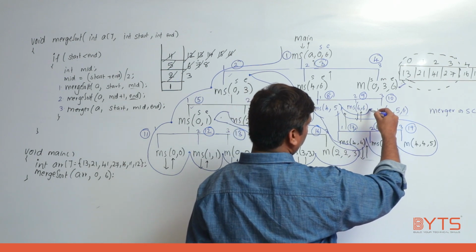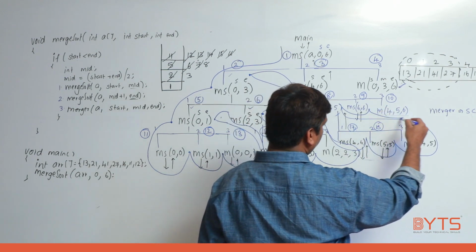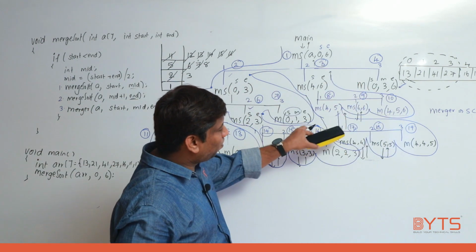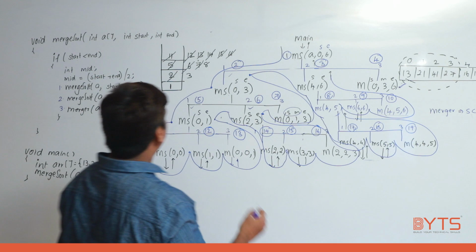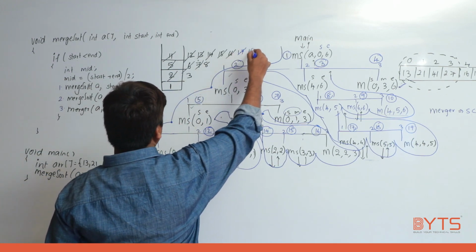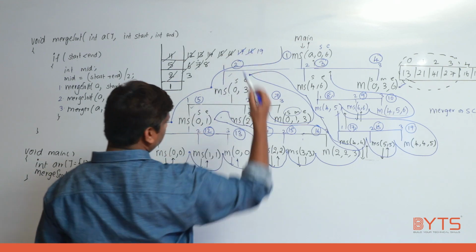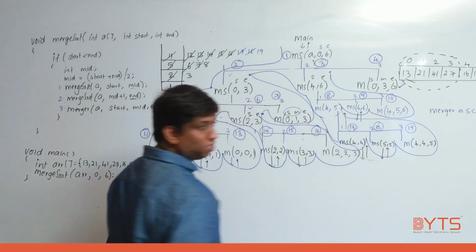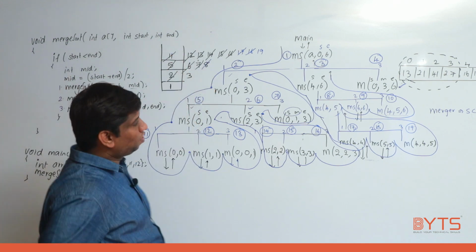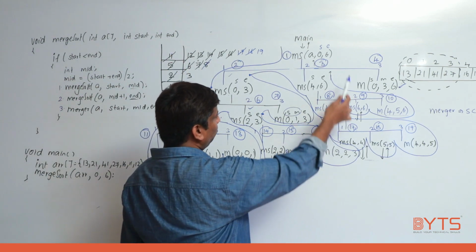So after that what will I do? Nothing to call. From here I will come here. So then only I will come here. Means 8th is calling 17, 18, 19. First it will call 17 function, completed, 18 function, completed, 19 function. When 17, 18, 19 functions are completed, try to understand, 8th function is also completed. Okay, 8th function completed means come back to 3.